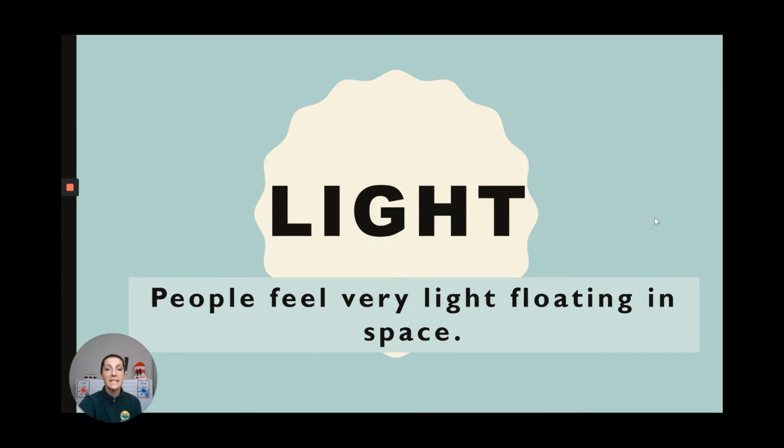Okay, light. This was another one that people had a hard time with. Light. I just want to go over the spelling one more time. Light. Try to remember it like the word right. Not right like to write, but right like you're right, right? The antonym or opposite of wrong is right, R-I-G-H-T, or your right hand as opposed to your left hand. It's spelled the same, but we just changed the R to an L. Light. Right, like your right hand, and light are spelled the same at the end.